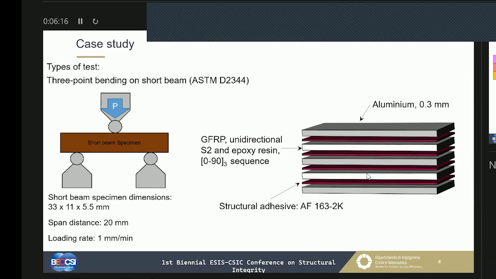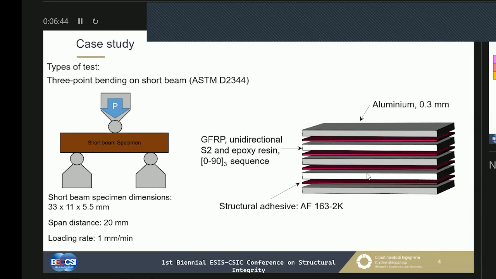In this case, it was, as I said, glass fiber. We used an unidirectional S2 glass fiber with an epoxy resin. The lamination sequence for each layer of composite was a common cross-ply sequence with 6 plies